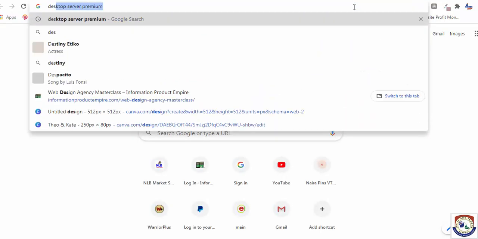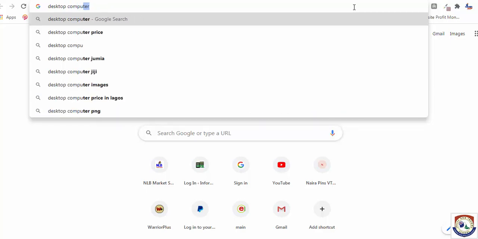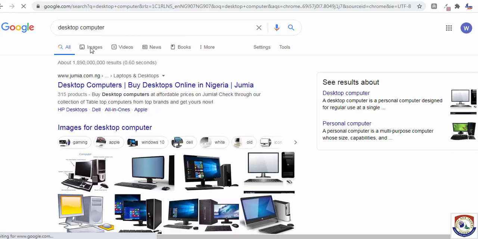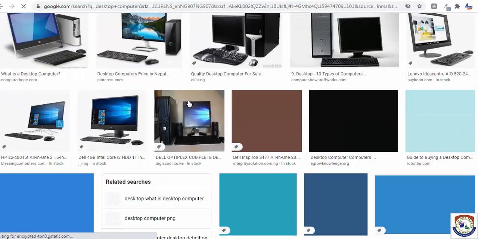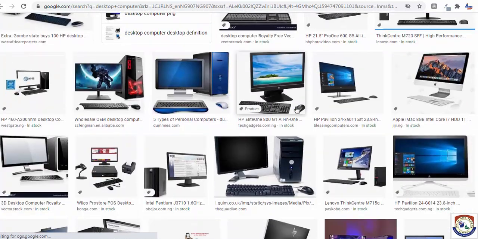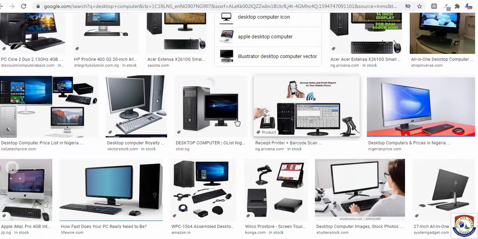Okay, desktop computer. Let's experiment something. I don't think Elementor really has it. Let's see images. So let's see if we can have something to showcase.